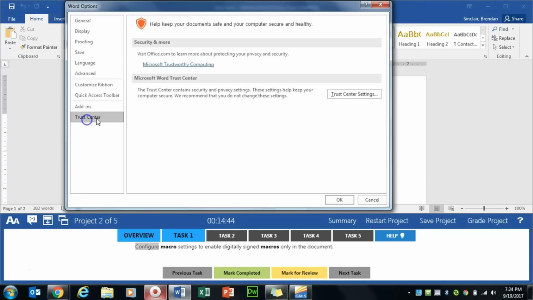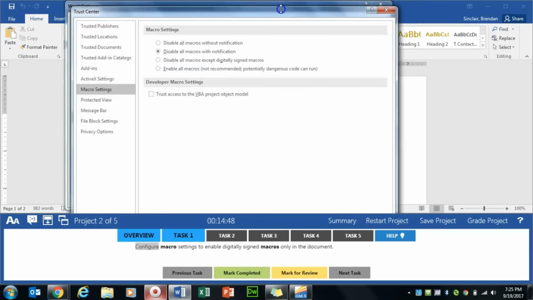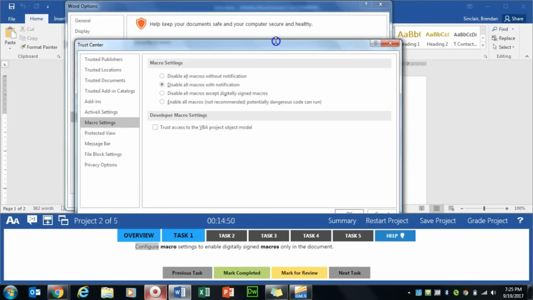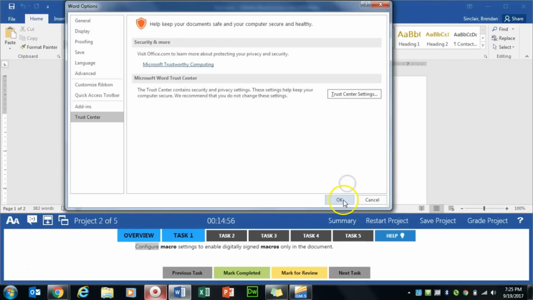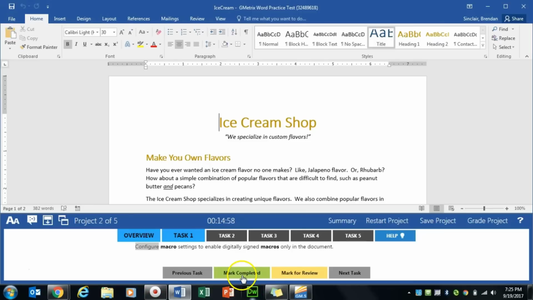We're going to go to the Trust Center settings. Minimize that a little bit. And what we want to do is disable all macros except digitally signed macros. We'll click OK and OK. We'll click Mark Completed. Task 2 asks us to go ahead and replace all occurrences of Heading 3 style with